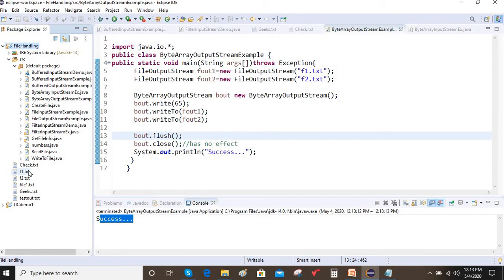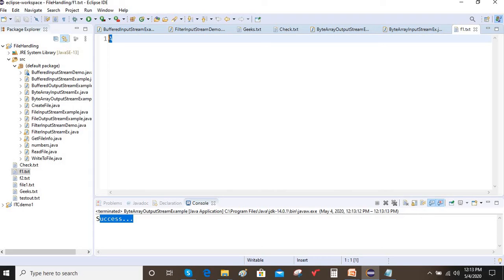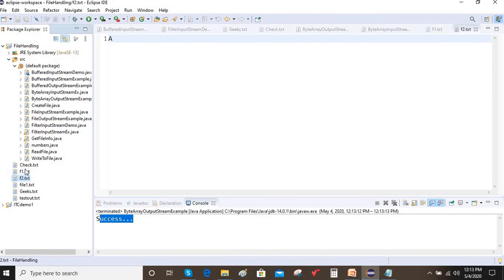When we refresh, we observe that two files have been created here. Now observe the contents of f1. What are the contents? A, that is, the ASCII value of 65. Next, again A. So the content is commonly written to these files. This is the purpose of byte array output stream. Whenever you want to write data to multiple files, go for byte array output stream.